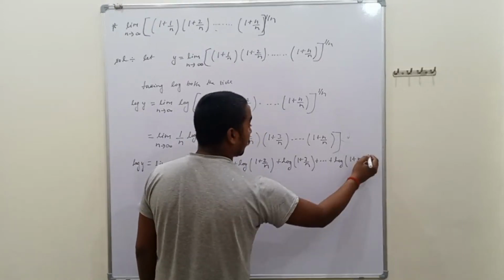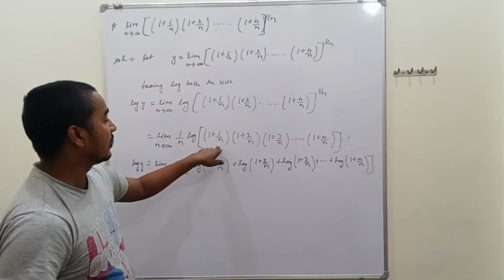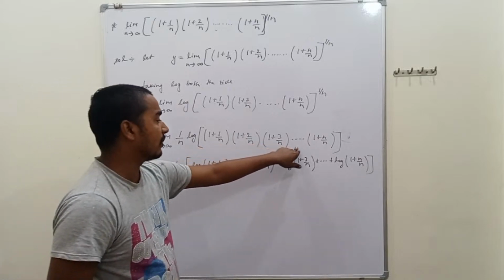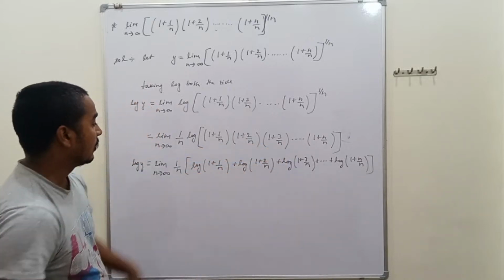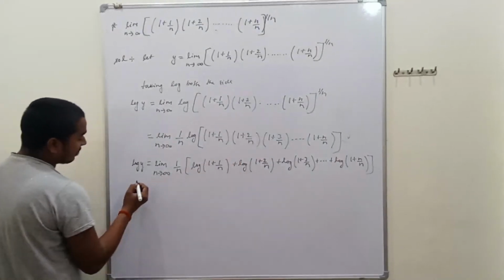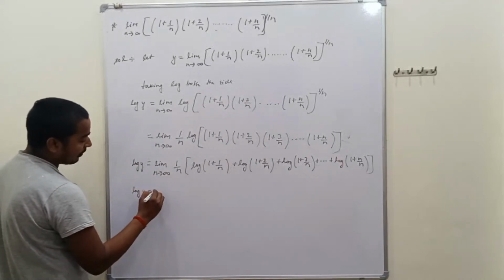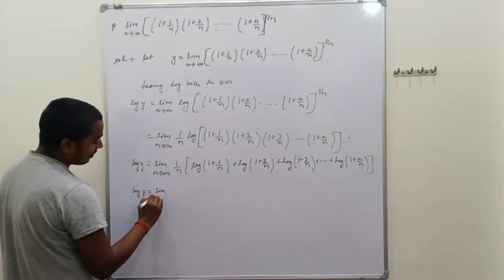Using the property of log, when taking log of x y z multiplied, we get addition. From here we get the series, that is log y is equal to limit of n tends to infinity 1 by n,